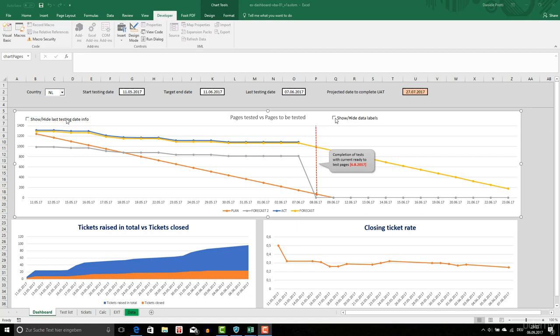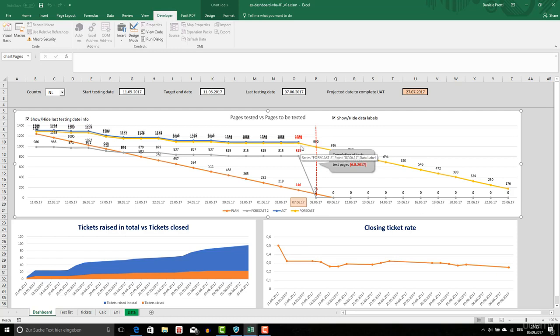Click on Show Hide Last Testing Date Info. I'm showing in this date the values for the last testing date. If I do this together with showing all the data labels, I will show in red and bold the last testing date values. If I remove this